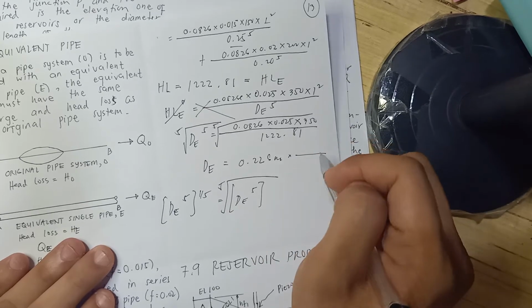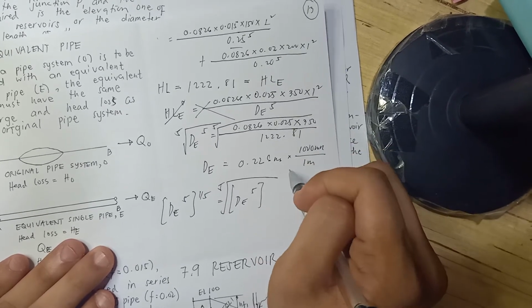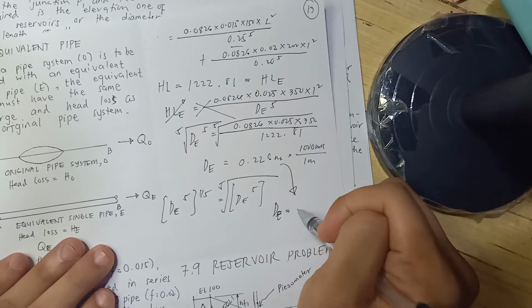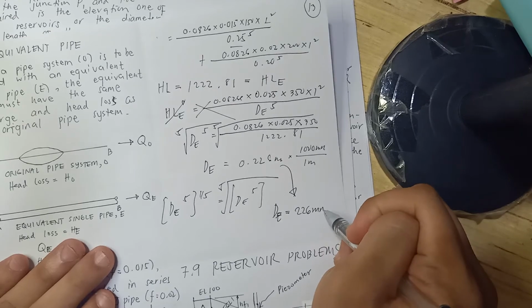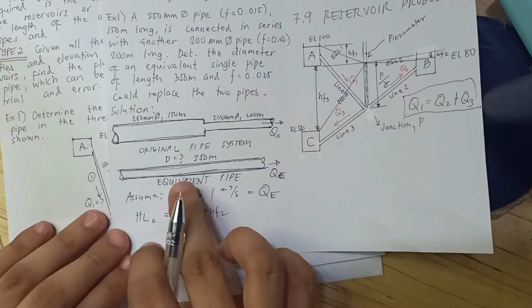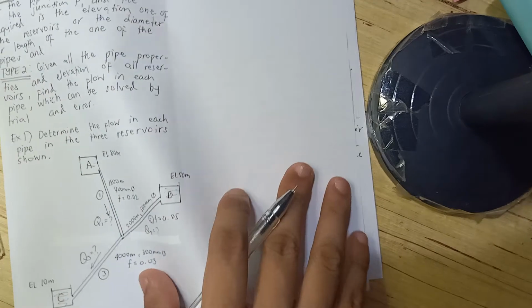Convert to millimeters. So, 1 meter equals to 1,000 millimeter. So, our DE now, or diameter na to 226 millimeter. So, this is the answer. Ito ang diameter sa equivalent pipe. So, sa yun ra ang equivalent pipe. And now, proceed ta for